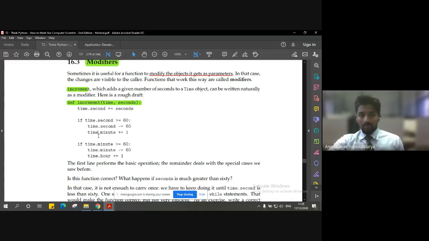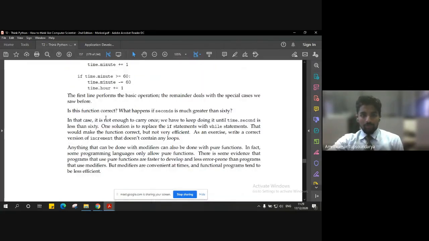We add one more minute, and similarly, when the minute is greater than or equal to 60, we bring the minute down again by subtracting 60, and then we increment the hour by one, which will give us the conversion that we were expecting. Now with this modifier being placed in that program, we can say that the output can be what we usually would be expecting, right?